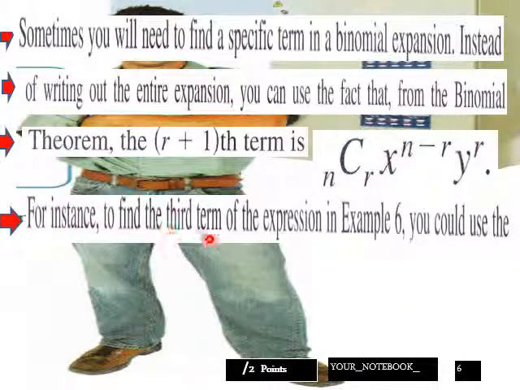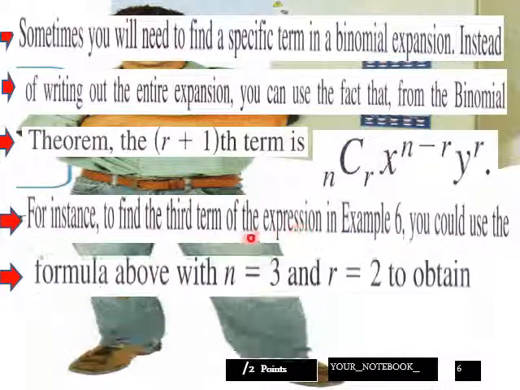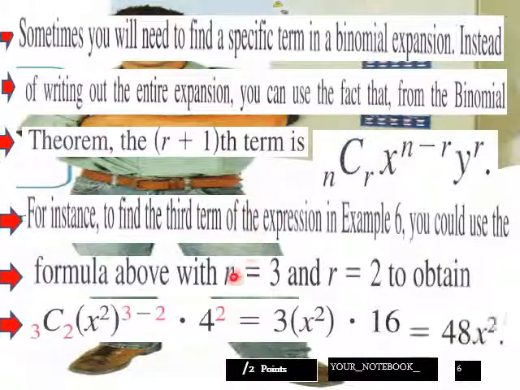For instance, to find the third term of the expression in example 6, you could use the formula above with n equals 3, and then r would equal 2. To find your third term here, you plug in 3 there, and then r would be 2 for that, n 3 and 2. So when you plug those numbers into this formula here, you come up with